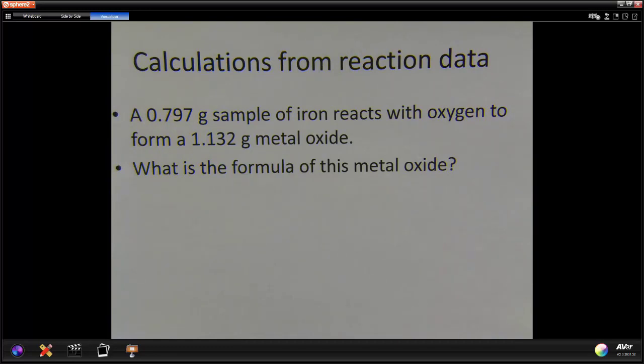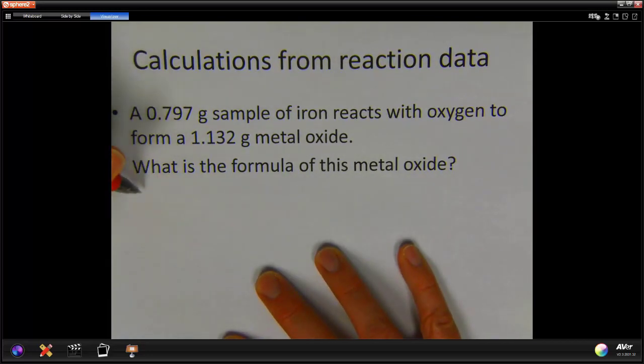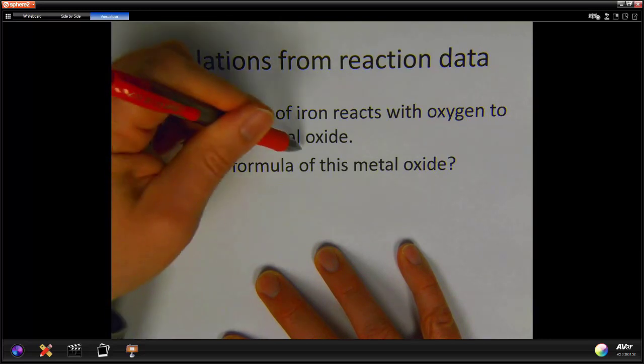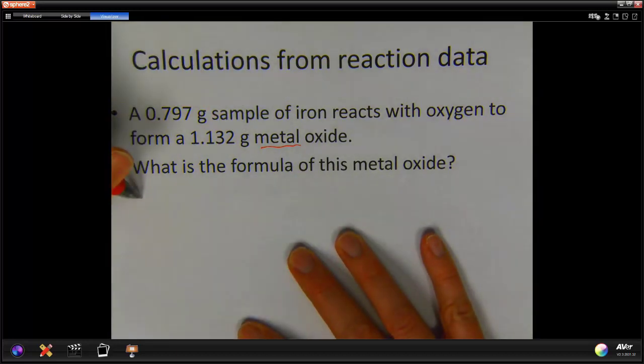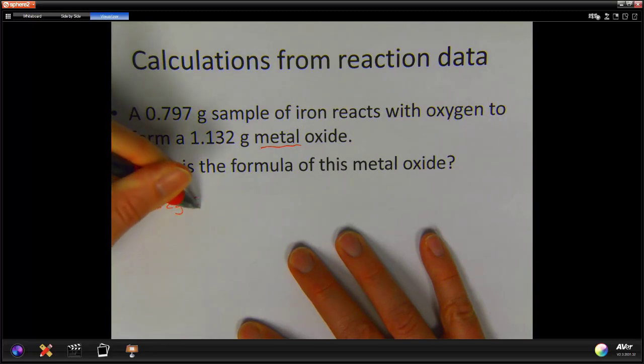So we have a metal oxide. Which metal is that probably going to be? Well, we know it's reacting with iron. It's probably going to be iron because we don't just change the elements from one into another. So I'm going to write this as 1.132 grams FeOx. This is some iron oxide that we don't know exactly the formula of, but we will be trying to figure it out. And then we have